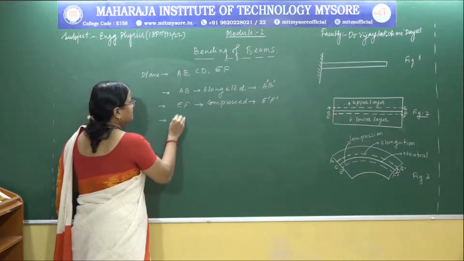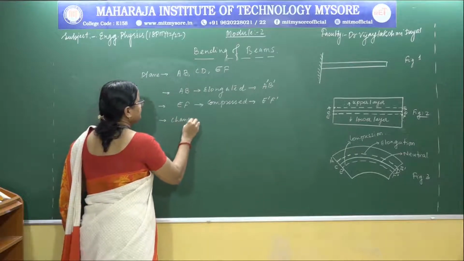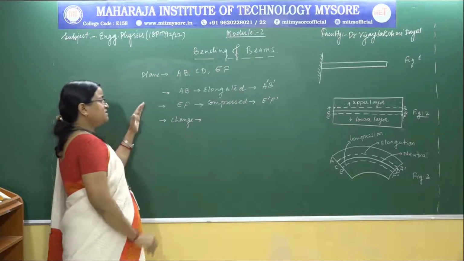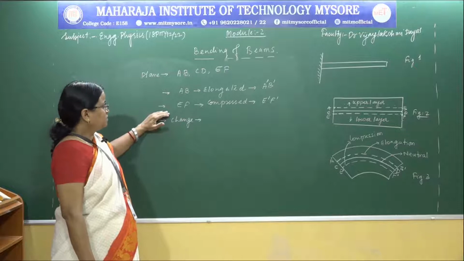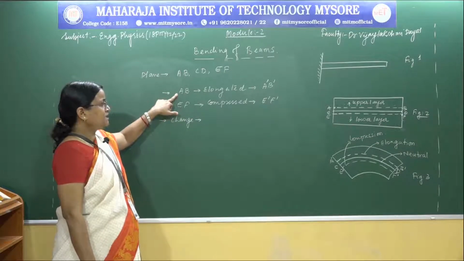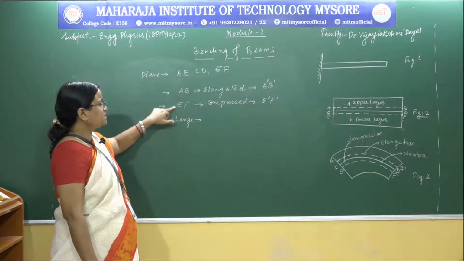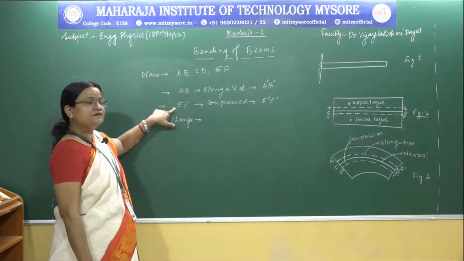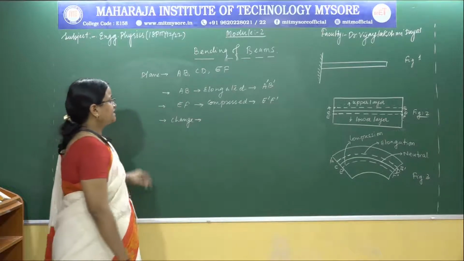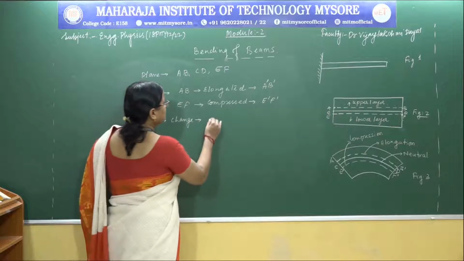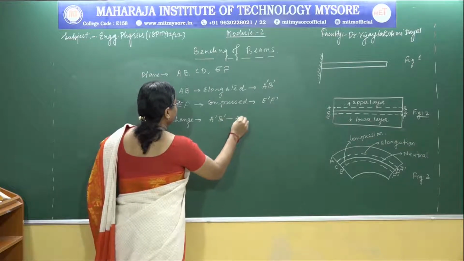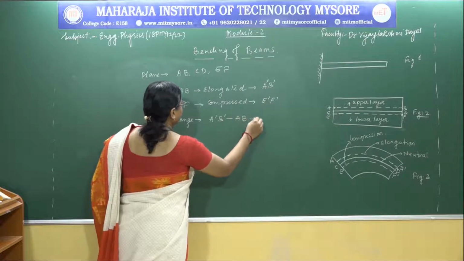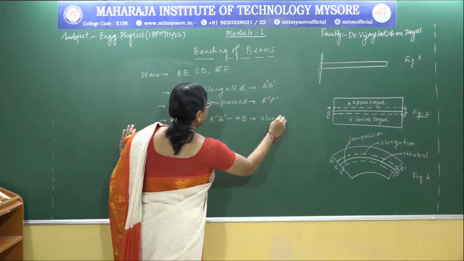So in the upper layer there is elongation, and in the lower layer there is compression. The filament AB gets elongated to A dash B dash and the filament EF gets compressed to E dash F dash. To find the change, A dash B dash minus AB gives you the elongation,